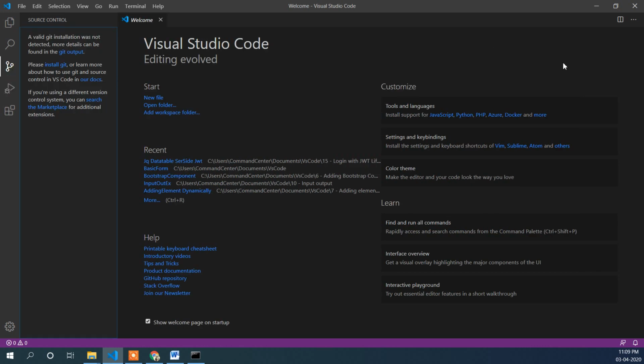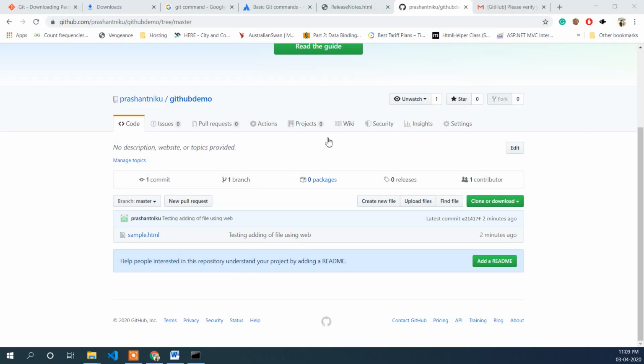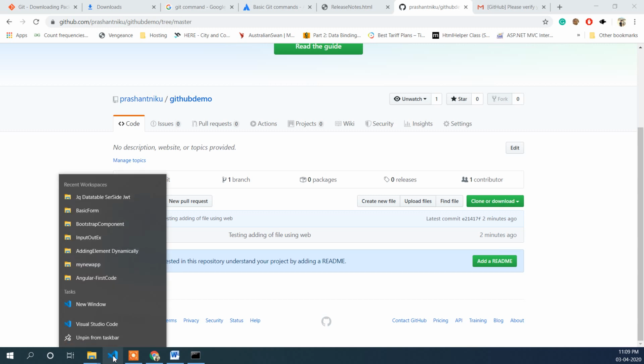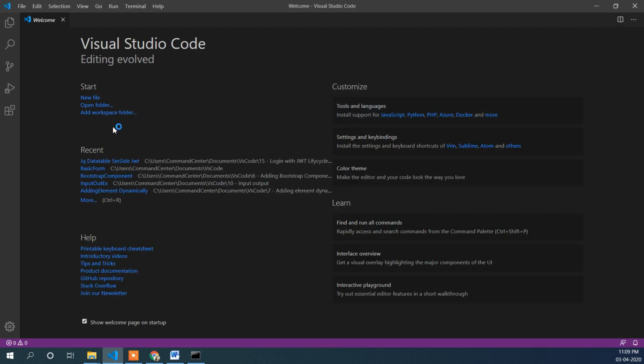Okay, let me just open it again. I think Visual Studio Code doesn't have information about the newly installed Git software. So I will just click on new window, and here